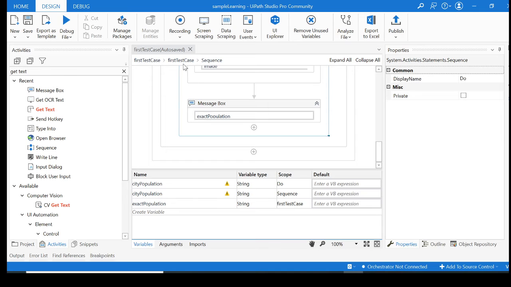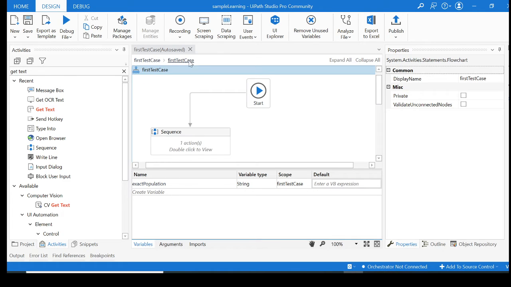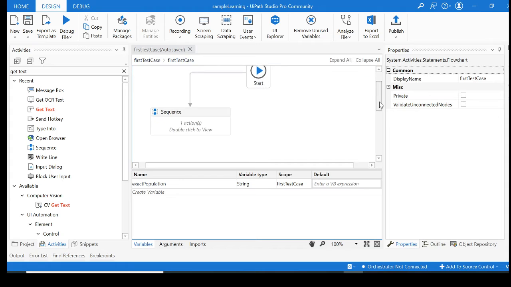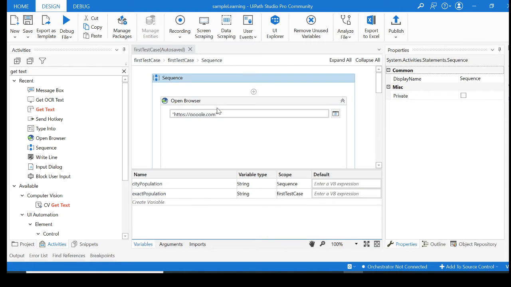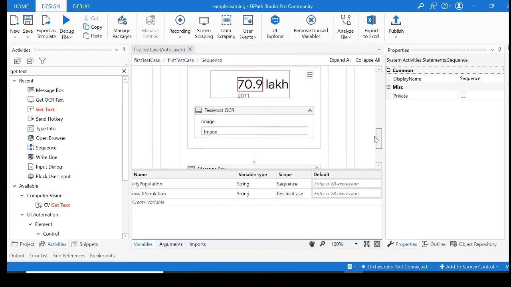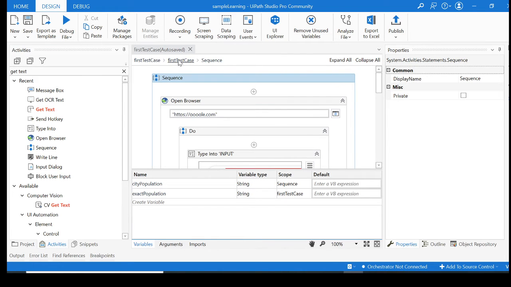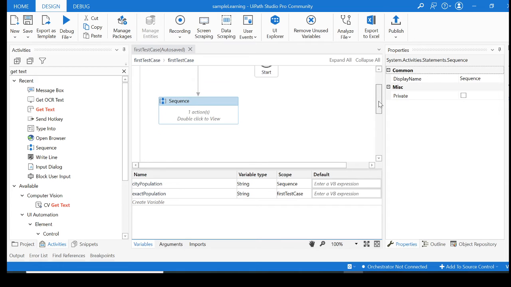Now our next order of business, okay, so till here it is done. Now I'm gonna go to our first test case, and we're gonna create one more. So sequence has been completed, right? What is the sequence doing? It's opening the browser, searching for a city and its population, extracting the population from the indicated element, and storing it into a variable. Now we need to assign this particular digit, and we need to verify and assert this digit is lesser than 100, right? This is what our test case is all about.